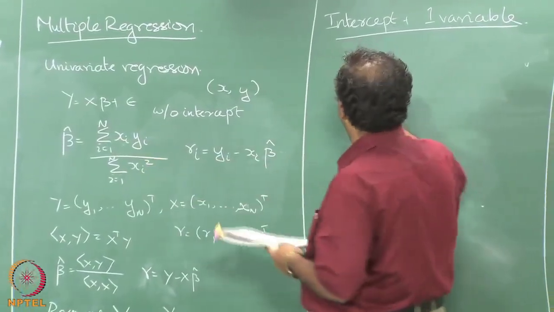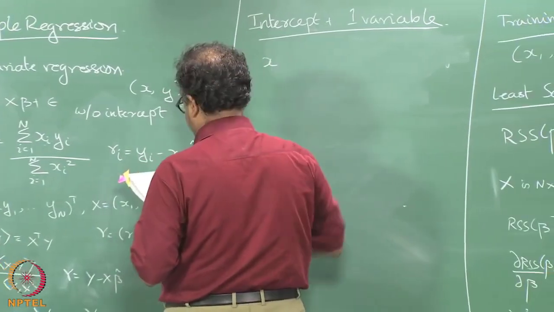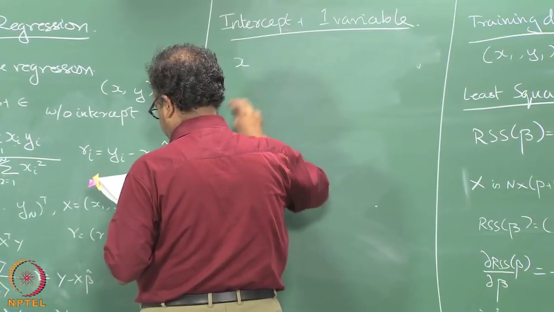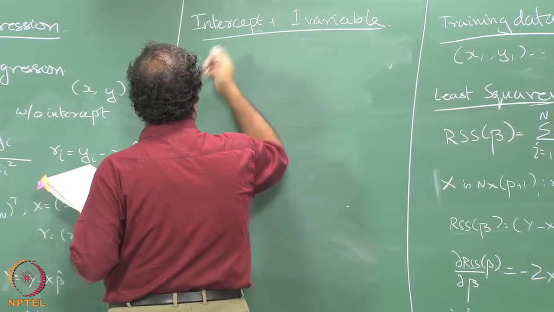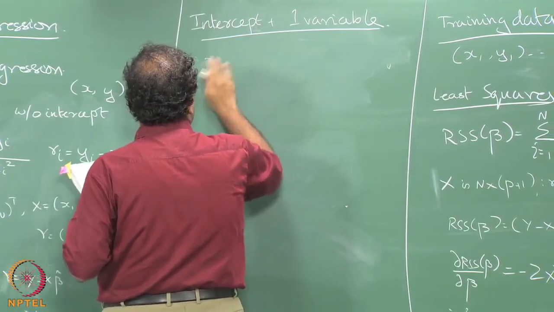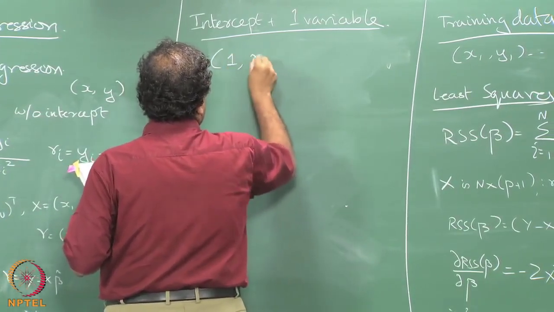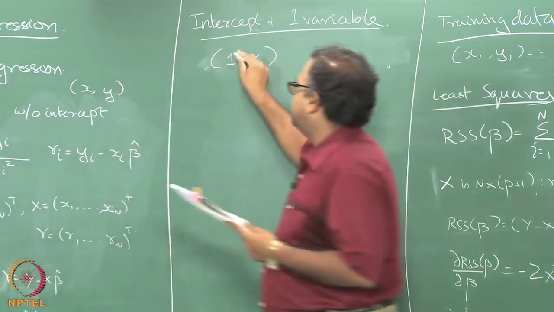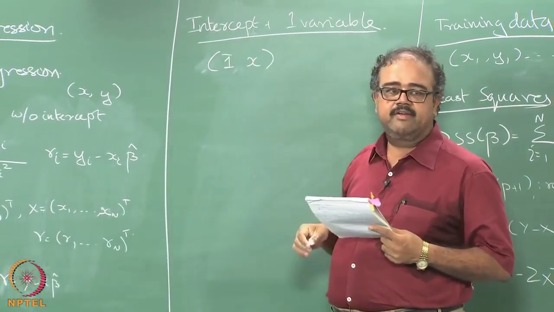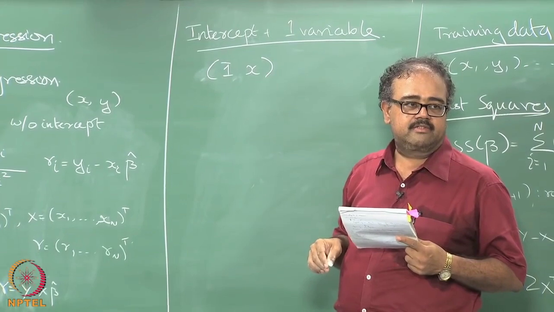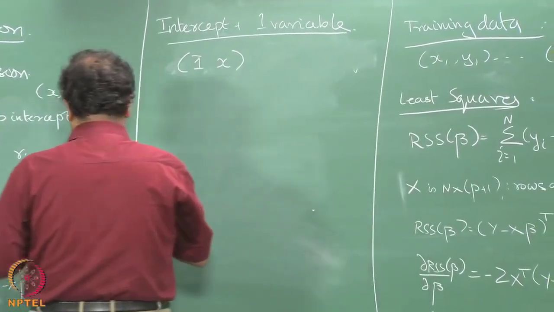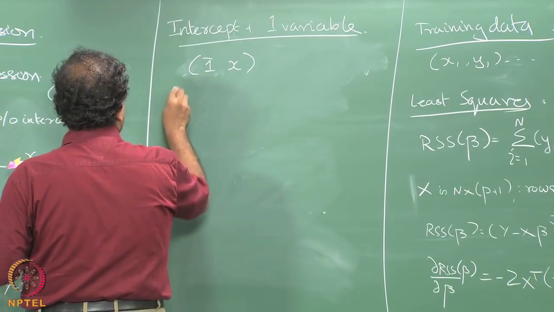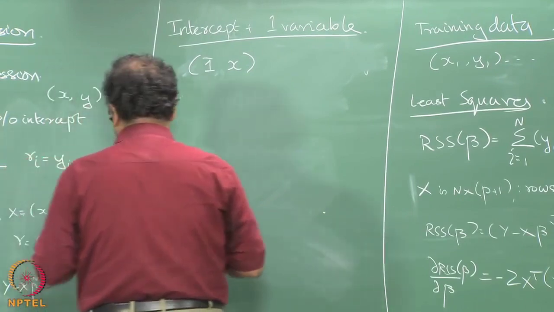Now my vector x becomes, so I am going to consider a column of ones and my original vector x. This is my new vector that I am going to consider. So the first step I am going to do is